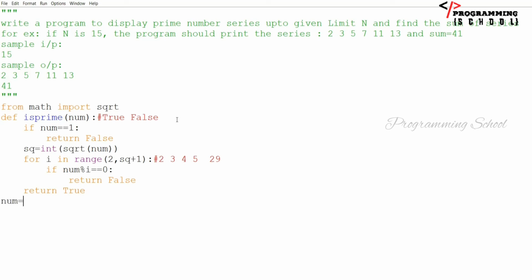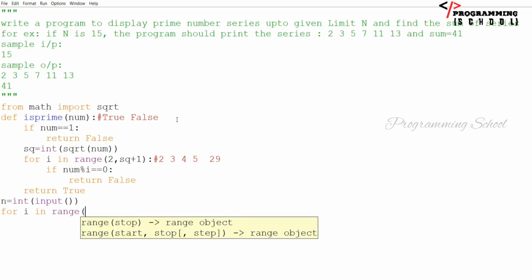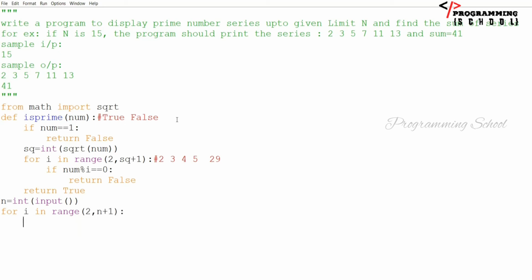For example, n is equal to int of input. This is the range, right? Now I am going to write a loop for i in range, I have to start from 2 to n plus 1. I am going to check every time.